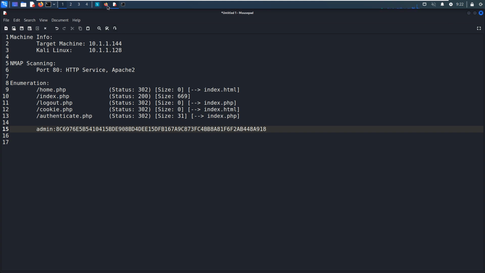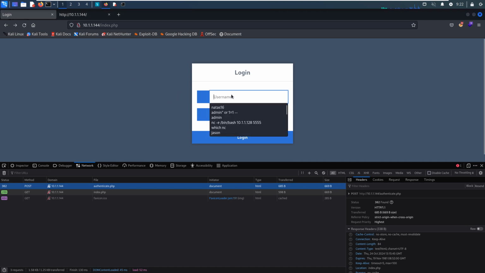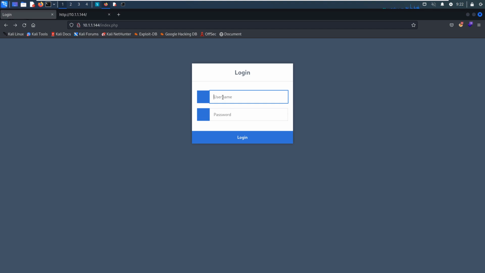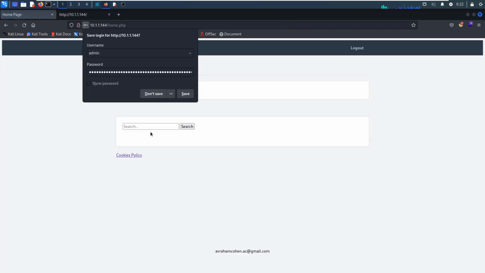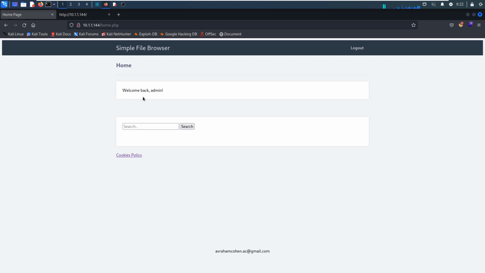Now we can go back to the browser, and we can close up the developer 2 admin. And now we can log in. As you can see, we successfully logged in as admin. However, very simple